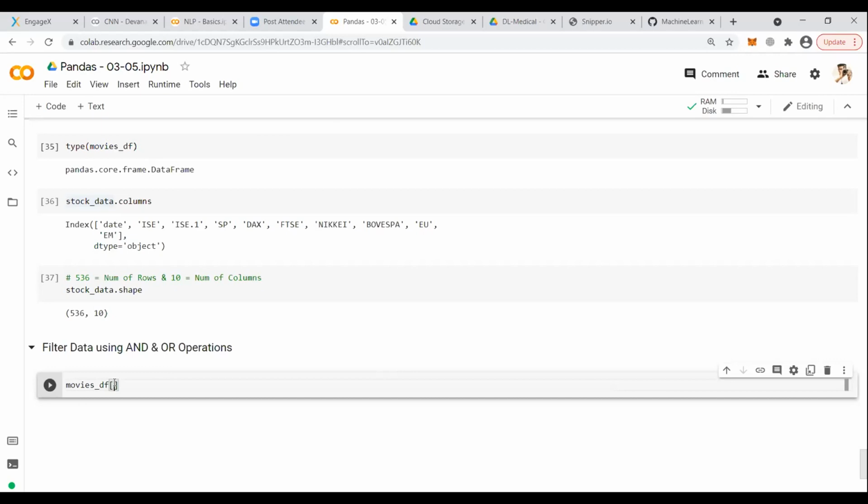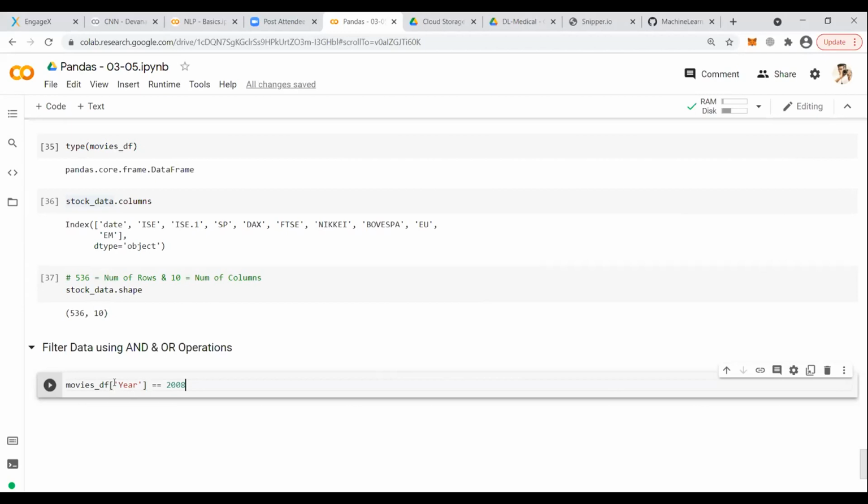Now suppose I want to take a column and compare it with some value. Let's say I have a year, and I want to compare it with 2008. Suppose I have a 1 million data set, year-wise. I don't want to emphasize on any of the years, but only on 2008.